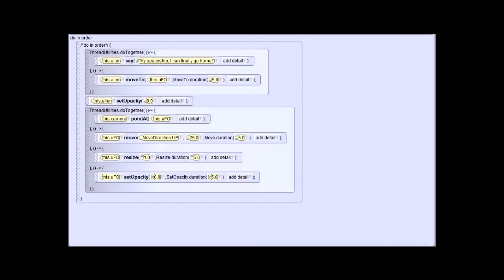So what we have here is the complete stage. This is called in the question 10 method once the user has completed all the questions correctly and passed through the final gate. We've done this as kind of like a game completion step, not a game over step. So we've done a do together box with the alien saying my spaceship, I can finally go home, and then the alien moving to the UFO with this alien move to UFO with a duration of 5 seconds. We then have the alien disappear with this alien set opacity to 0,